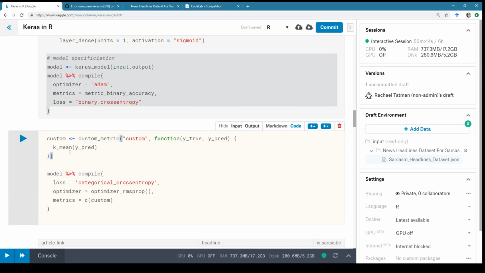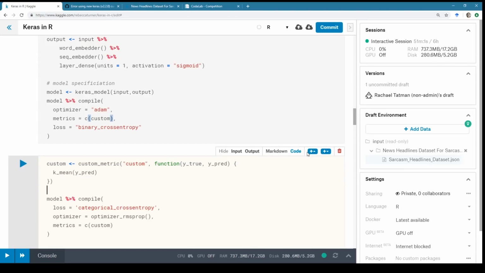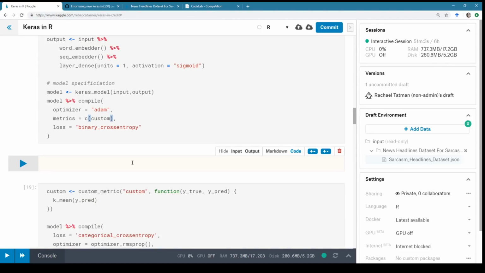All right, and the thing that we are interested in is binary accuracy. And then the metrics is going to be custom, and then let's try the, all right.